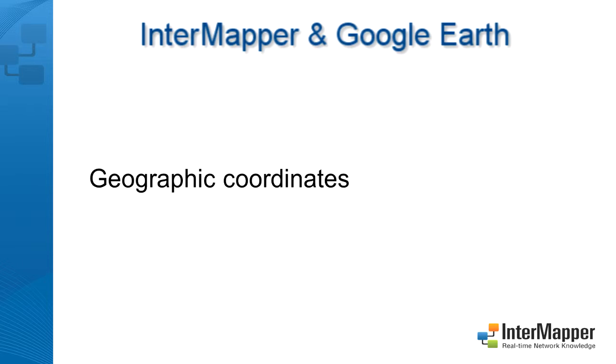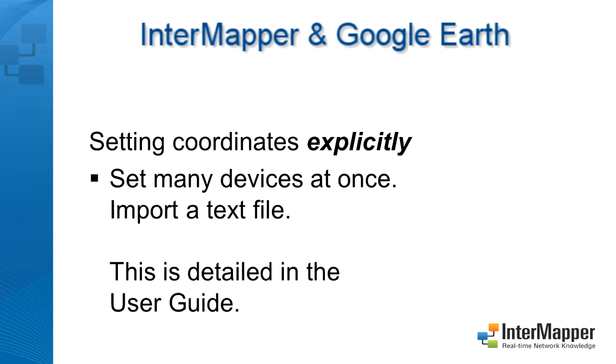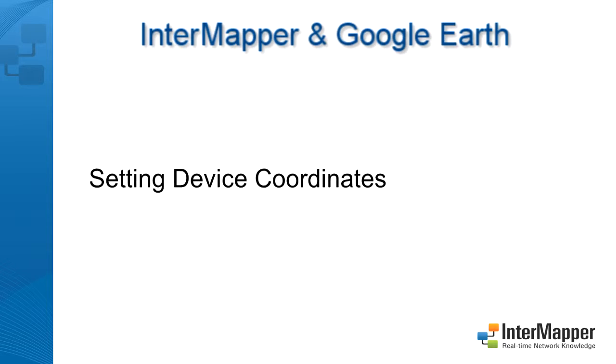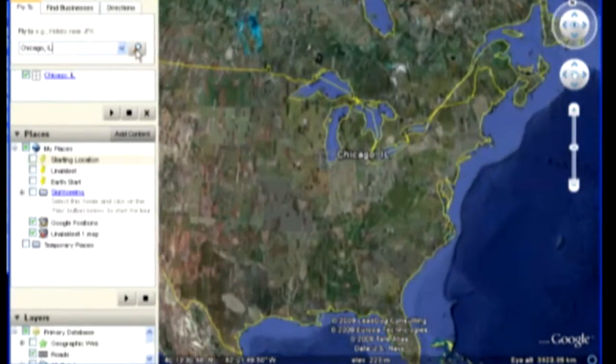Every device you want to see in Google Earth needs geographic coordinates. There are two ways to specify these coordinates. Use InterMapper's latitude and longitude command to set a device's coordinates explicitly. You can also set coordinates of a number of devices at the same time by importing the devices from a text file. To set a device's coordinates, use a GPS, a map, or Google Earth to determine the coordinates of